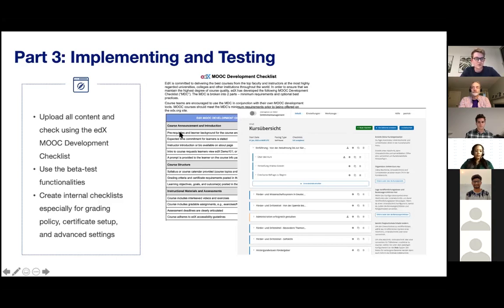And this refers to things like the grading policy. If we're building courses within a company, we all want them to be similar in grading policies, so as not to have some sort of confusion throughout the workforce. We want the certificate setup to be very similar. So we have that within our internal documentations.